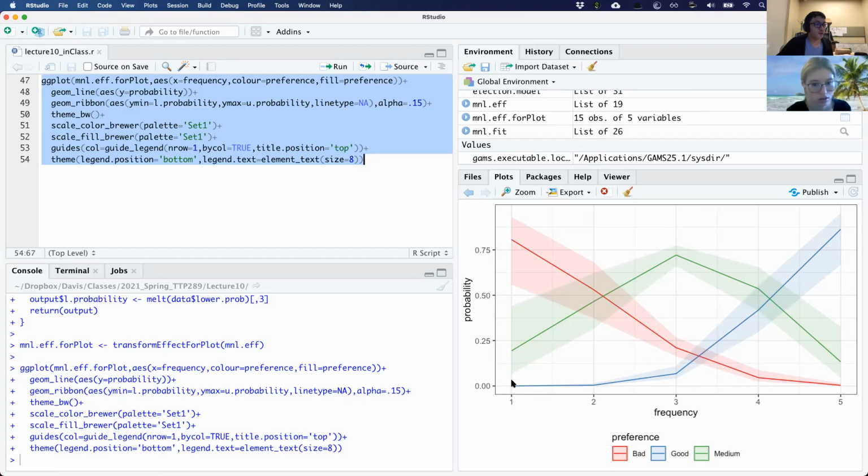And so from the lowest prices up to the highest prices, you can see that the bad locations decrease with higher prices, and then the good ones increase. And so this is basically saying your probability of improving the location of the shelf, going from bad to medium to good, continuously goes up as the price increases.